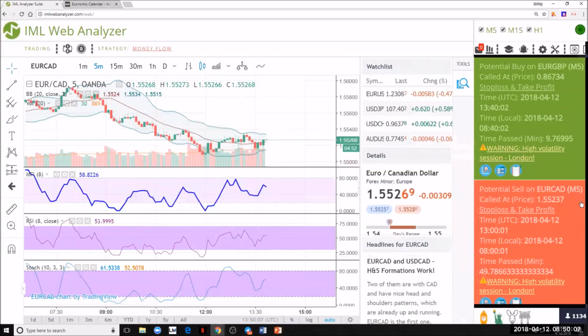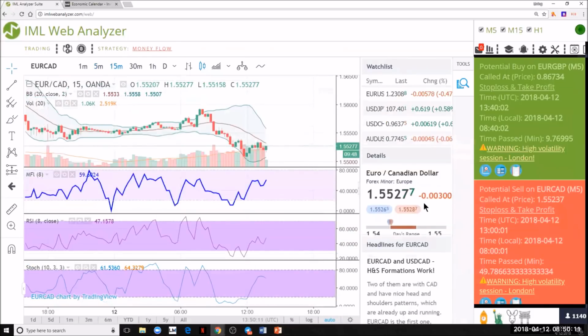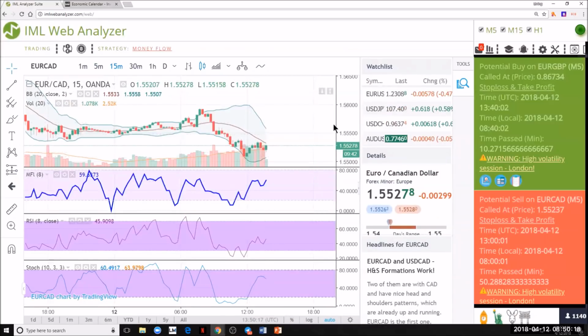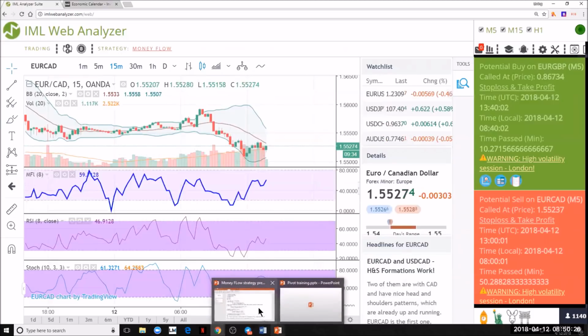Okay, so here we are with your CAD. It was on the M5, so I'm going to switch to the 15. Now, obviously, these trades are well past, this one passed 49 minutes ago. All I'm doing is using some of these to just teach you how to decide whether or not they pass